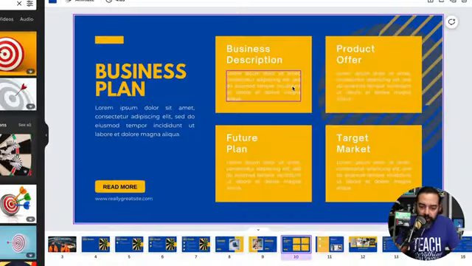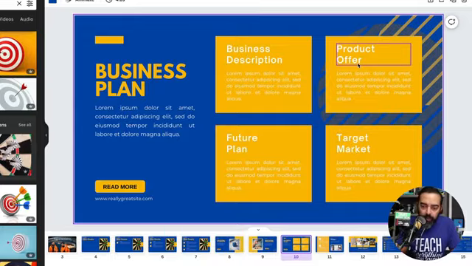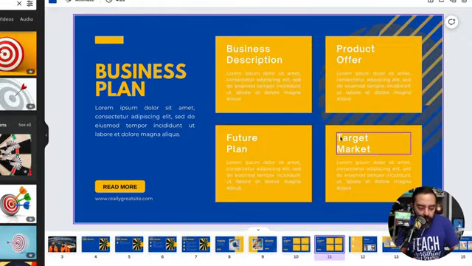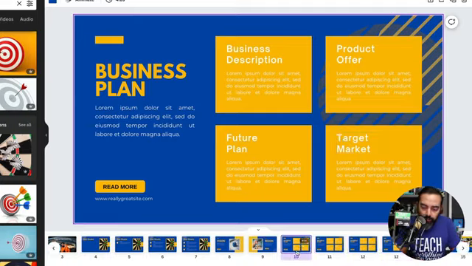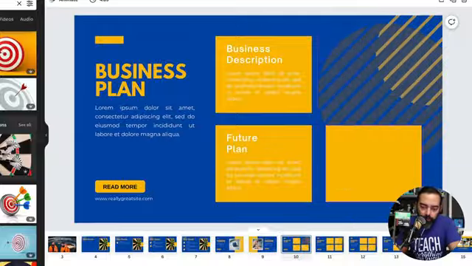Let's say we want this slide to do the same thing, but instead I want business description first, product offer next, future plan next, and then target market next. Since there are 4 things, I'm going to duplicate this a few times. Command D is a very nice shortcut for this. And I'm going to go back to the first one, and I'm going to delete everything but the first one that I want to show up,